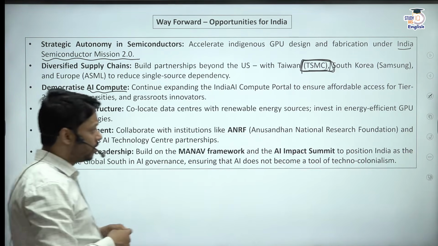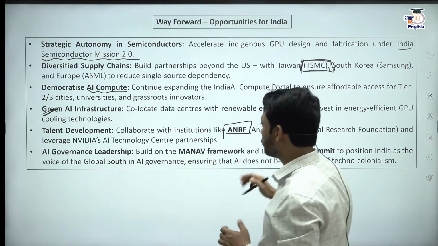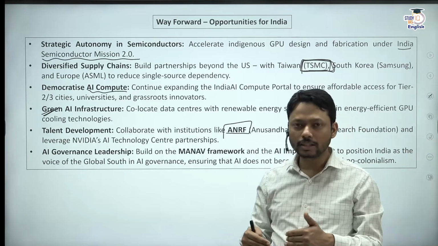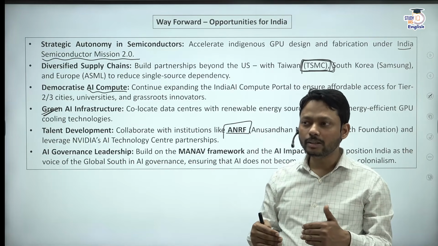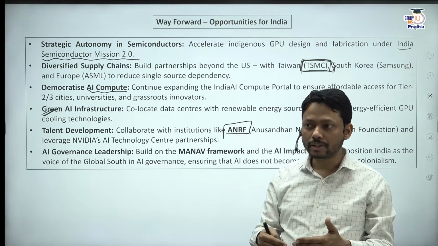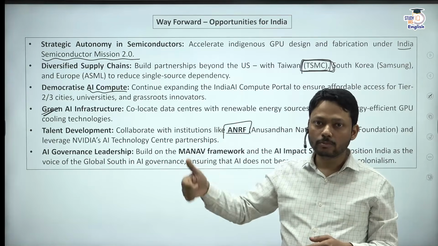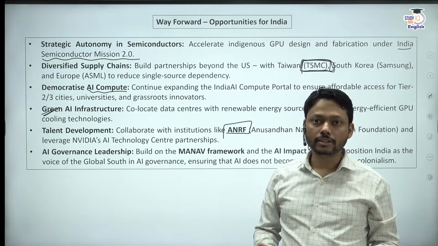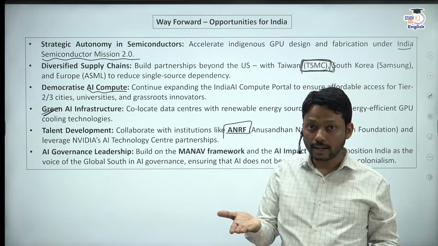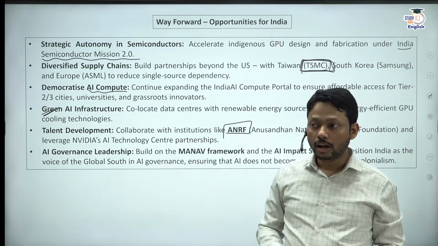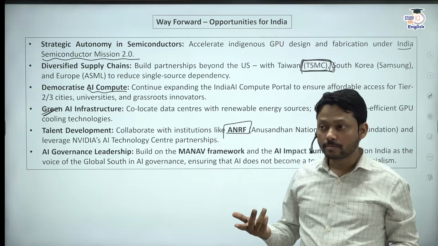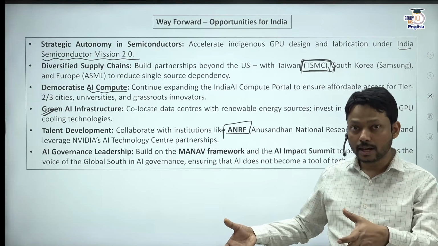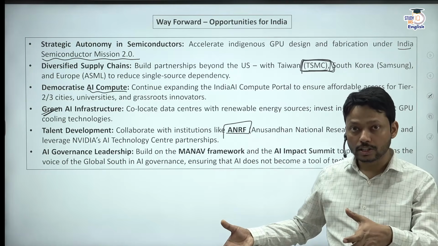We have the Anusandhan National Research Foundation, but the collaboration of our institutions is key. Without collaborating with institutions, nothing has happened in India. Nothing. In anything that we have developed, even in IT or space or defense, it's not that a monolithic DRDO has done it, a monolithic ISRO has done it. IISc and ISRO and other institutions and IITs, they have collaborated, and an ecosystem existed that acted as a launch pad in these sectors, whether in energy as well, renewables. This is not happening now. You see, there is a lapse: the government is funding and startups are taking advantage of the fund and doing their research. Where are the